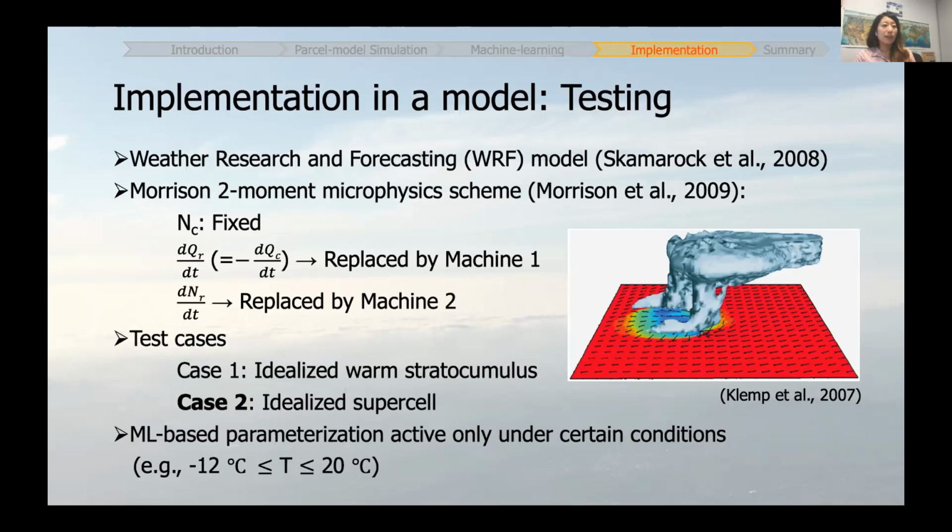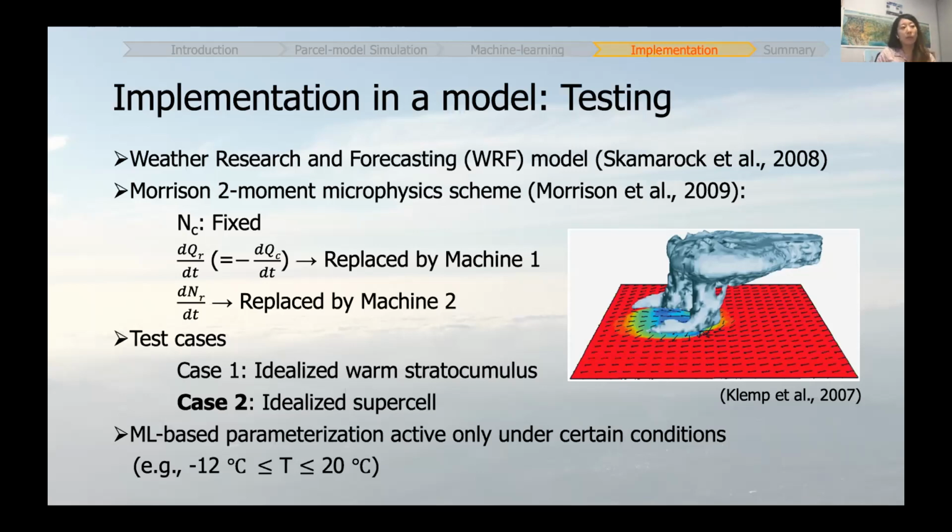So this is the CRM that I talked about earlier, the cloud resolving model, and it's the Weather Research and Forecasting model, WRF, as a CRM, and I use the Morrison two-moment microphysics scheme,